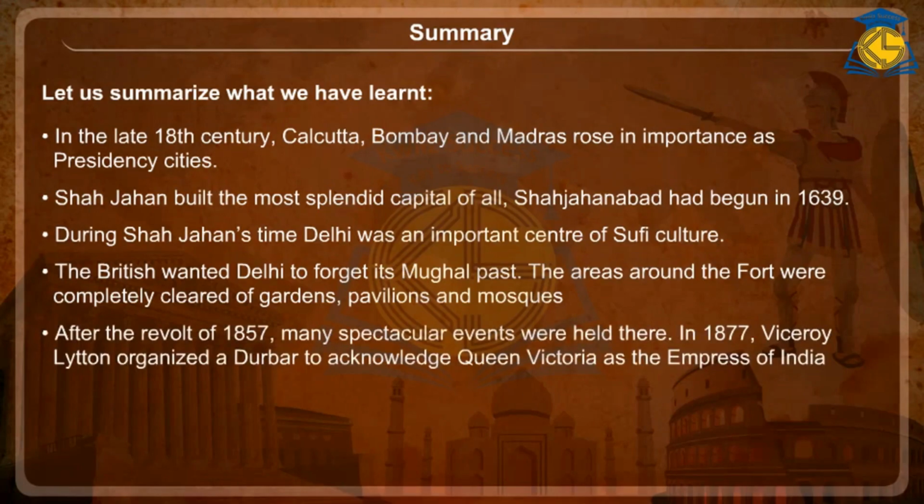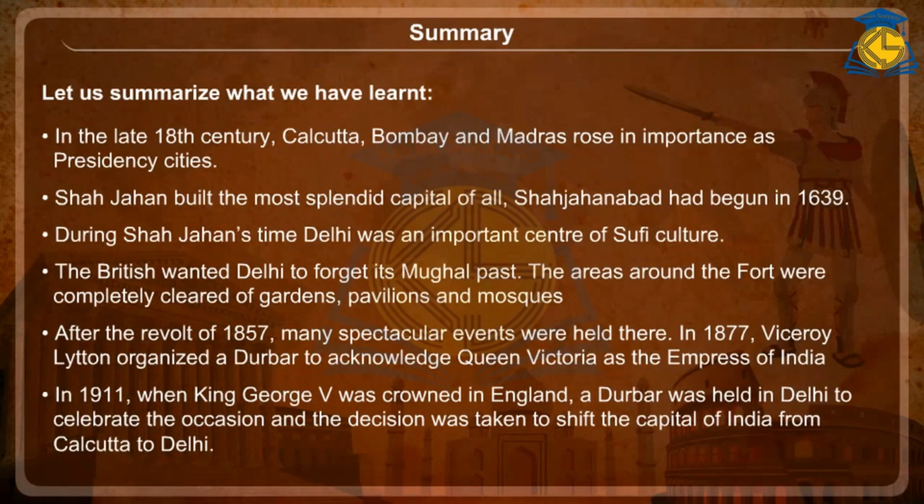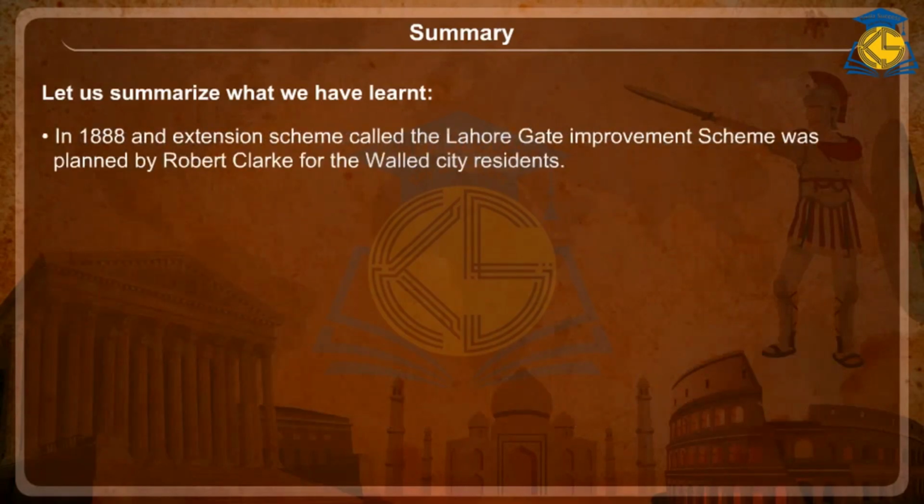After the revolt of 1857, many spectacular events were held there. In 1877, Viceroy Lytton organized a darbar to acknowledge Queen Victoria as the Empress of India. In 1911, when King George V was crowned in England, a darbar was held in Delhi to celebrate the occasion, and the decision was taken to shift the capital of India from Calcutta to Delhi. In 1888, an extension scheme called the Lahore Gate Improvement Scheme was planned by Robert Clark for the walled city